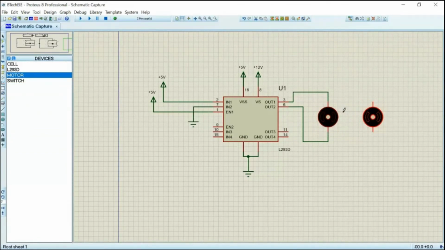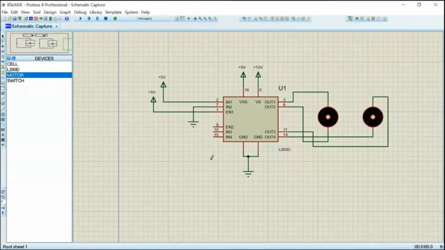I connect the right motor here, between out 3 and out 4. Short circuiting doesn't have any meaning here, so I just drag. Don't draw such a shabby circuit. When you draw practically, draw them neatly.